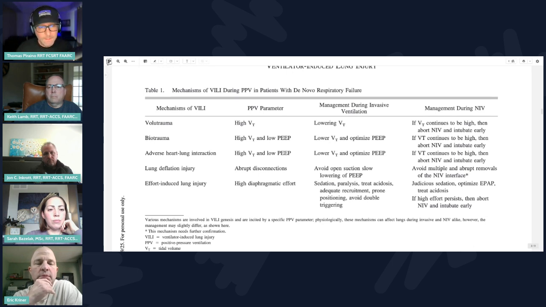So I think patient effort becomes the primary consideration with NIV, more so than the pressures that we apply, because we have limits to how much pressure we can possibly deliver to a patient, just based on the interface. Now, maybe with a helmet, you have to focus a little bit more on the pressure being applied, but I think effort is the primary component. Whereas once they're intubated, they could have no effort and still have huge signs of ventilator-induced lung injury, like risks related to driving pressure or mechanical power or whatever.